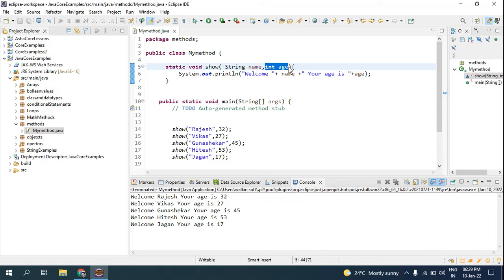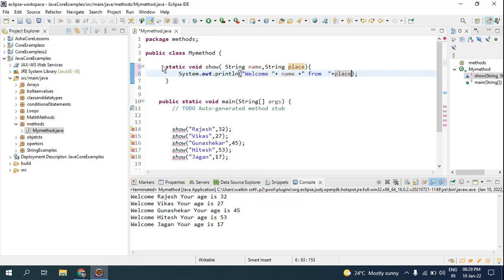And one more thing is that you have to give the data type for any parameter. You can have 100 parameters, and for all the 100 you have to give the data type. So for now I'll make this a string, and for this age I'll make it a place, and I'll make it welcome name from, and I'll make it a place.